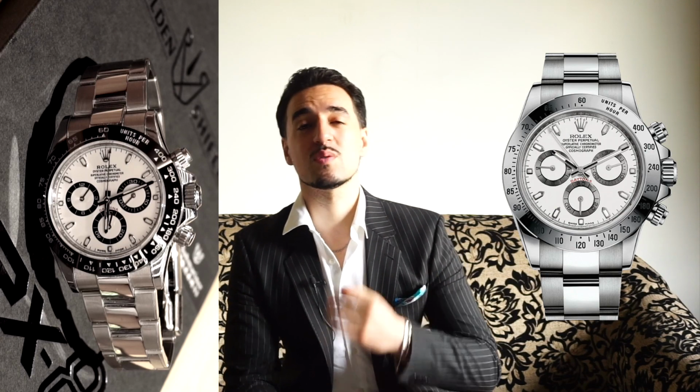Since 1963, however, there have been 8 different generations of Cosmograph Daytona, and the most important advances were in 1988 when they released the 16520 with the Zenith El Primero movement. That was the first automatic Daytona, and it also set the current design language. And then in the year 2000, they introduced the in-house movement, the 4130, in the reference 116520. And then you have the current generation released in 2016 with the ceramic bezel, which is almost identical to its predecessor, and that is the reference